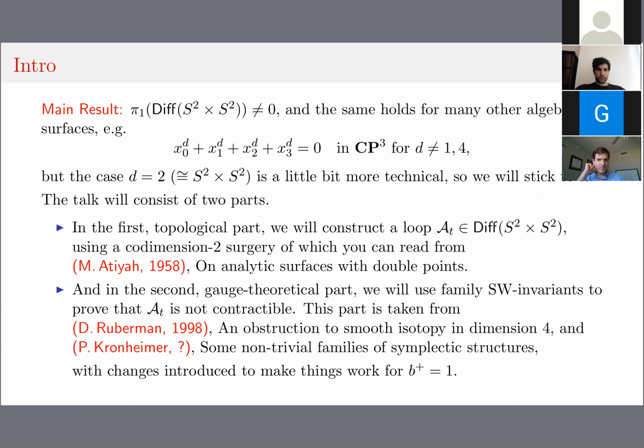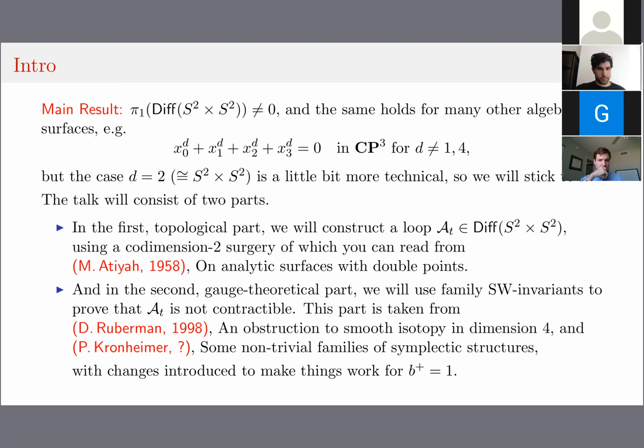So the talk itself will consist of two parts. The first part is the construction of non-trivial elements in pi1 of Diff. It's based on some codimension 2 surgery introduced by Michael Atiyah. And you can read it in his seminal paper on analytic surfaces with double points. And the second part is to prove that the constructed loop is not contractible. And this part is gauge theoretic